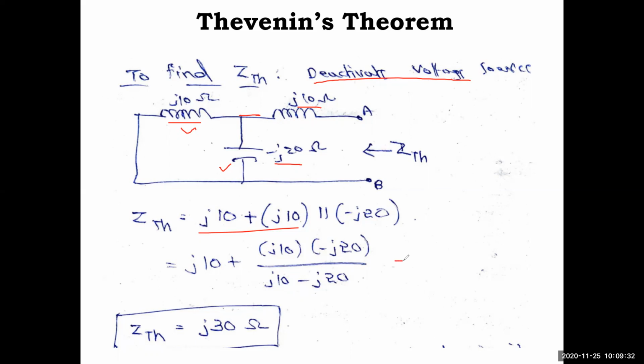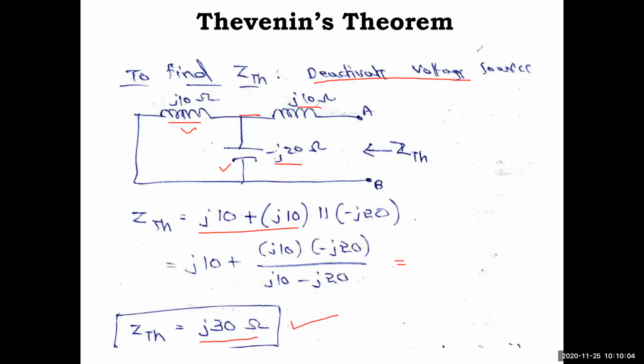So you can use the calculator here and do the addition. So finally you will get J30 ohm. This will give you 200, and this is J10 minus J20. First take this ratio and note down the answer. One more step, then add these two. So you'll get the J30 ohm. You can verify. You can keep this as J30 ohm only, or else convert it to angle. But as all the impedances are in J form, you keep it like this.